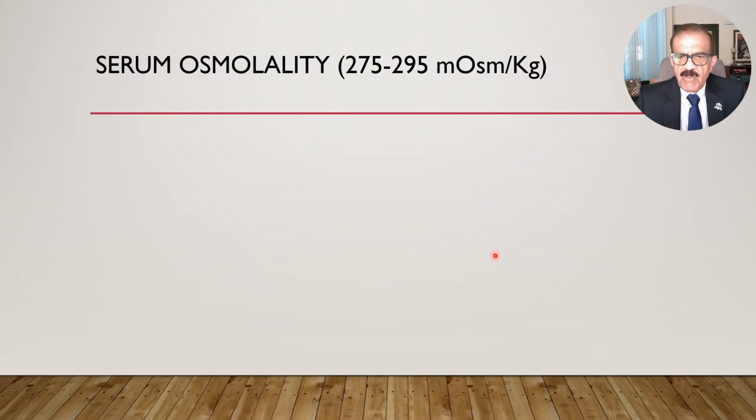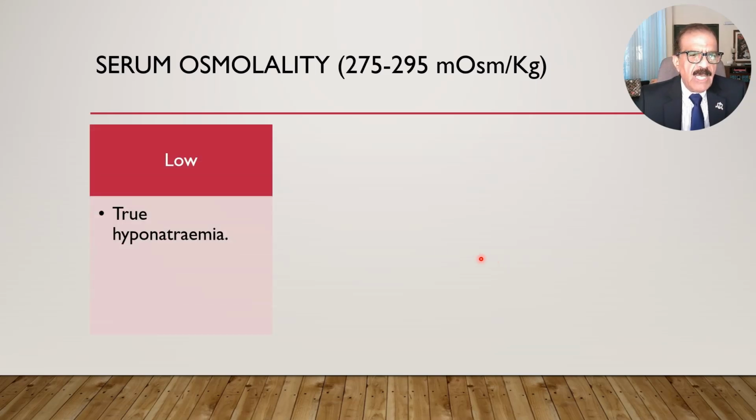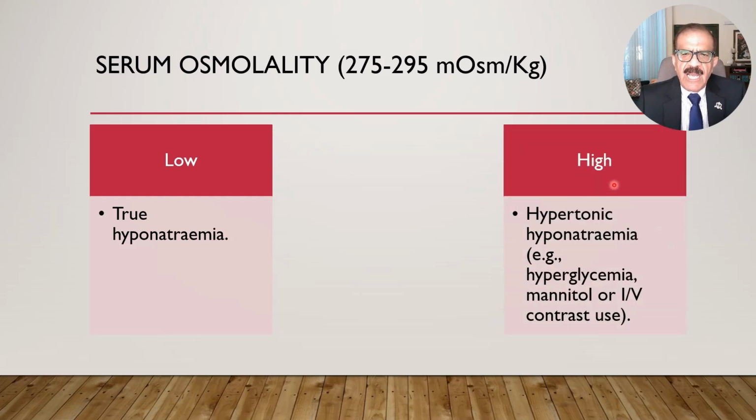Serum osmolality needs to be measured when you have to differentiate between true hyponatremia and pseudo hyponatremia. Now, in a true hyponatremia, serum osmolality will be low, and in this situation, there is hypertonic hyponatremia. Patient has got hyponatremia, but actually serum osmolality is high. This is because there is something else which is increasing osmolality, but that is not sodium. And for example, in severe hyperglycemic state, or somebody who has been given mannitol, which is a type of sugar,